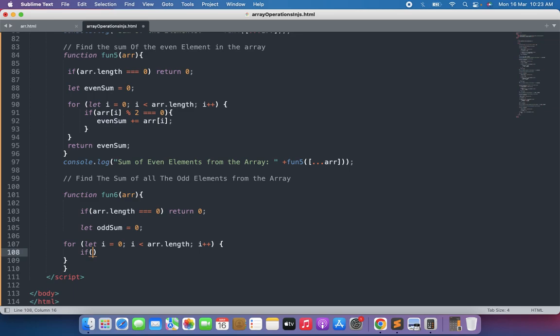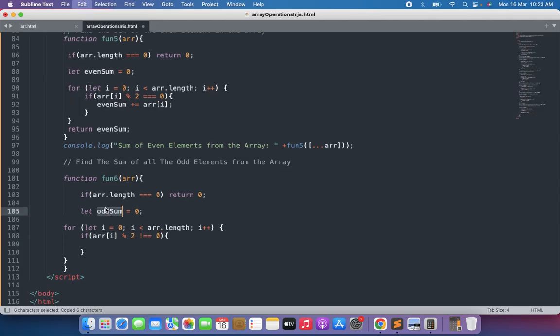Now we will check first, if array[i] % 2 does not equal 0, which means the array element is odd. Which means, guys, the array element is odd. So let me copy this and again use plus equal to,